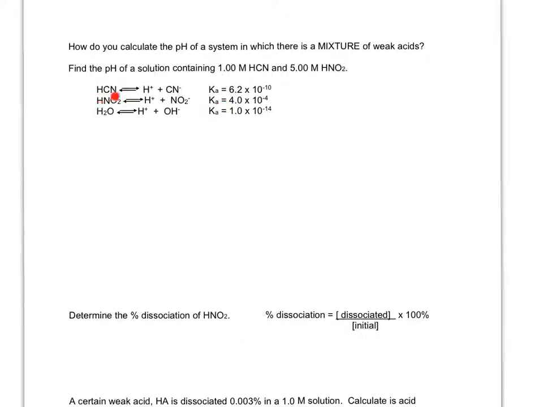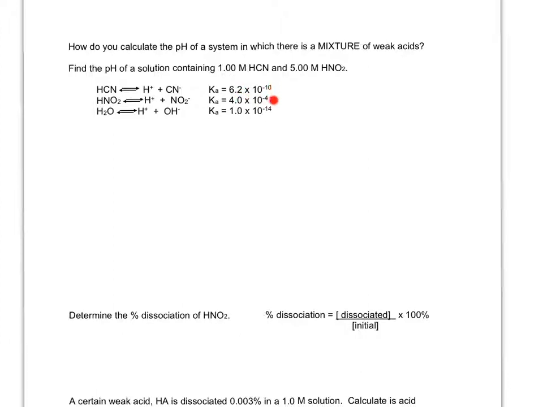So for weak acids, you would probably want to do the same. So some of this dissociates to give H pluses, some of this also dissociates to give H pluses. You want to figure out how much H pluses you get from both and then add them together, and that would give you the total of H pluses, right, to get the pH. Well,